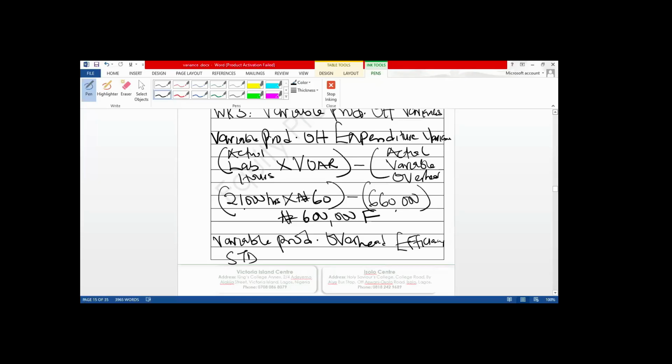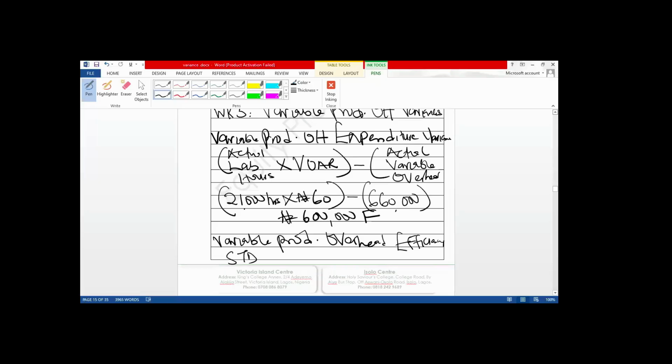Absorption rate is calculated using budgeted figures. You don't calculate absorption rate with actual figures. Is that clear? Yes, sir. So maybe you look at, it's very possible you are interpreting wrongly. But okay, if you have done,